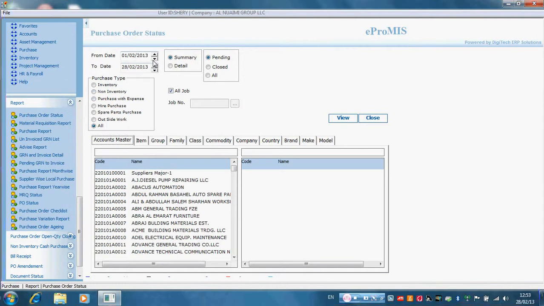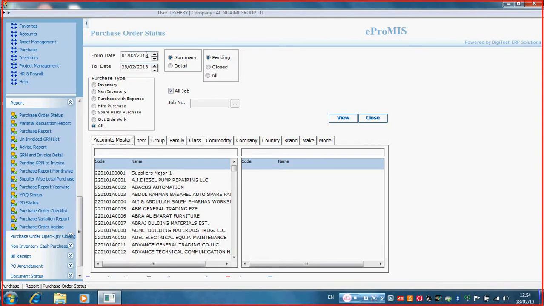Let us start with a name. We need to know the price of one of the items. Let's say Hardex plate. We know it was purchased this year, but we are not sure from where it was purchased and for which company, and we don't know the rate also. We need to know all the details related to that Hardex plate. Hardex plate is an item not regularly consumed, so we don't know from where it was purchased before.